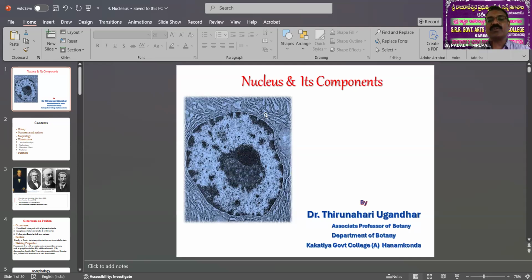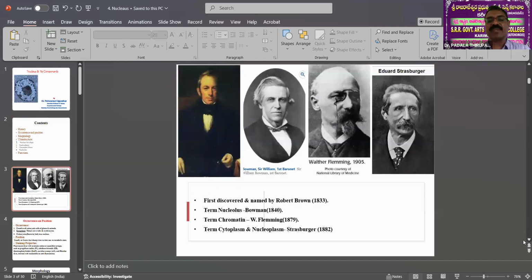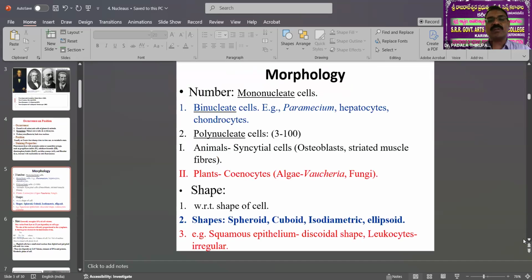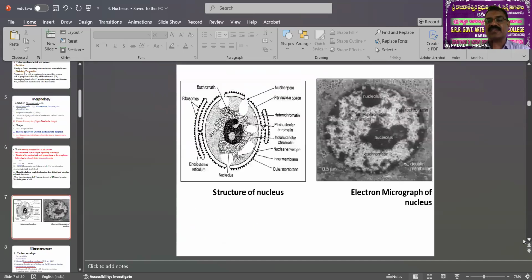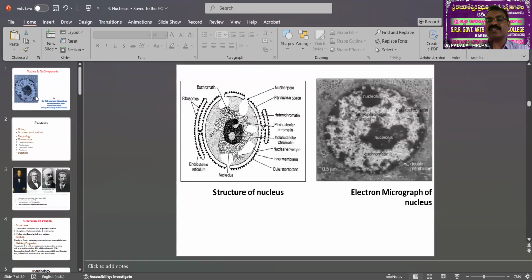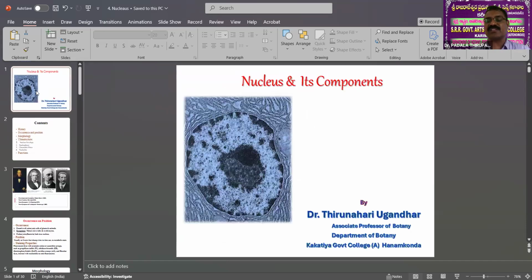Sir is going to explain in today's class the important cell organelles of our plant cell, that is the nucleus and its components, and other most important aspects regarding CPGET 2025, and also all competitive exams related to junior college lecturers, degree college lecturers, Gurukula degree college lecturers, Gurukula junior college lecturers, PGT, and